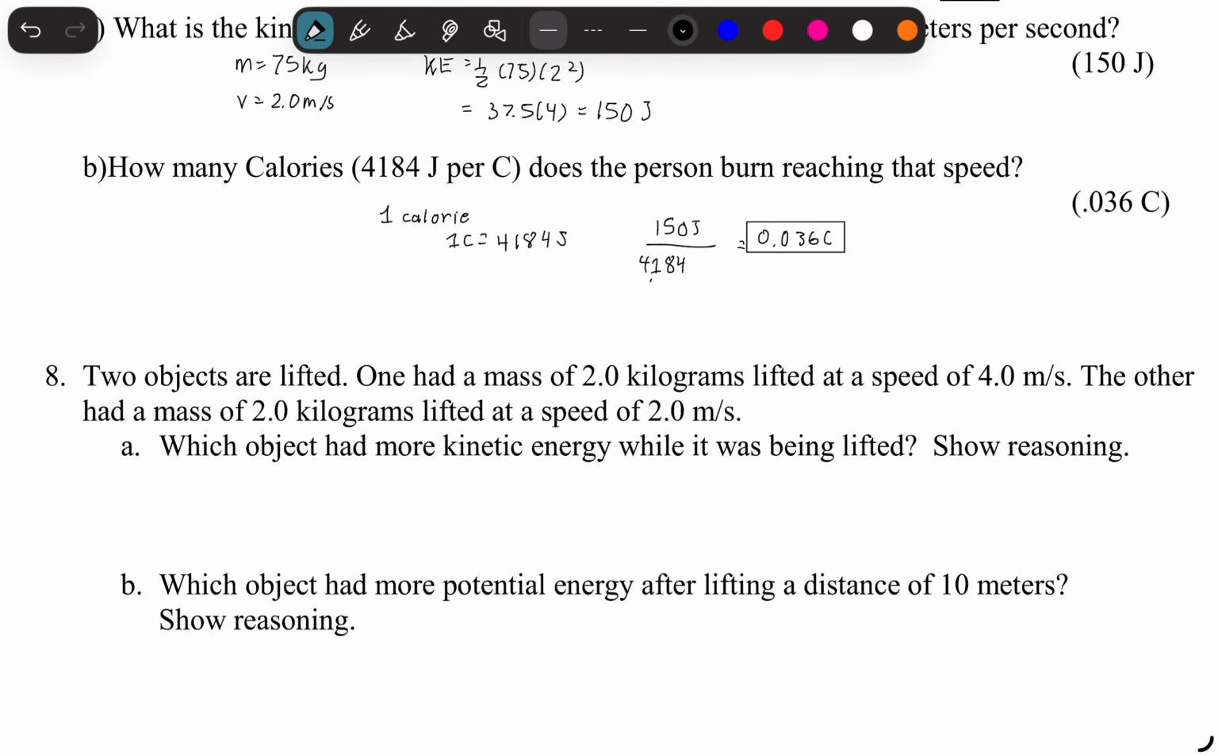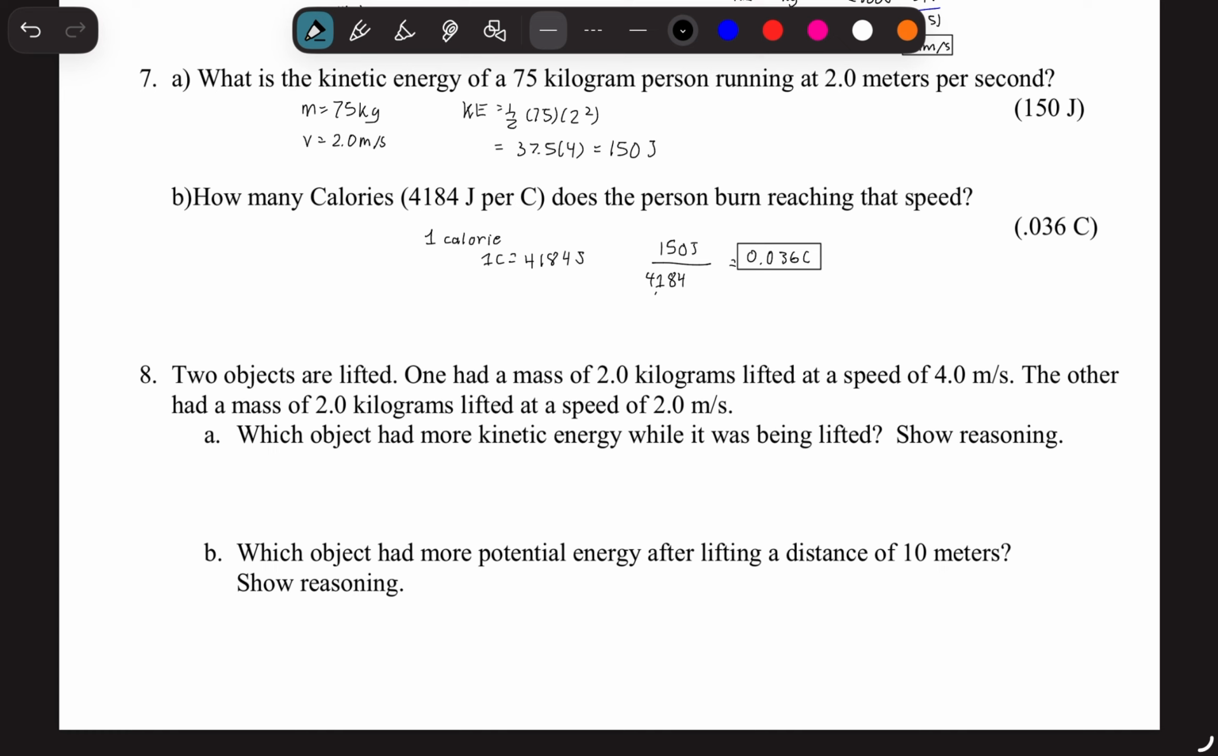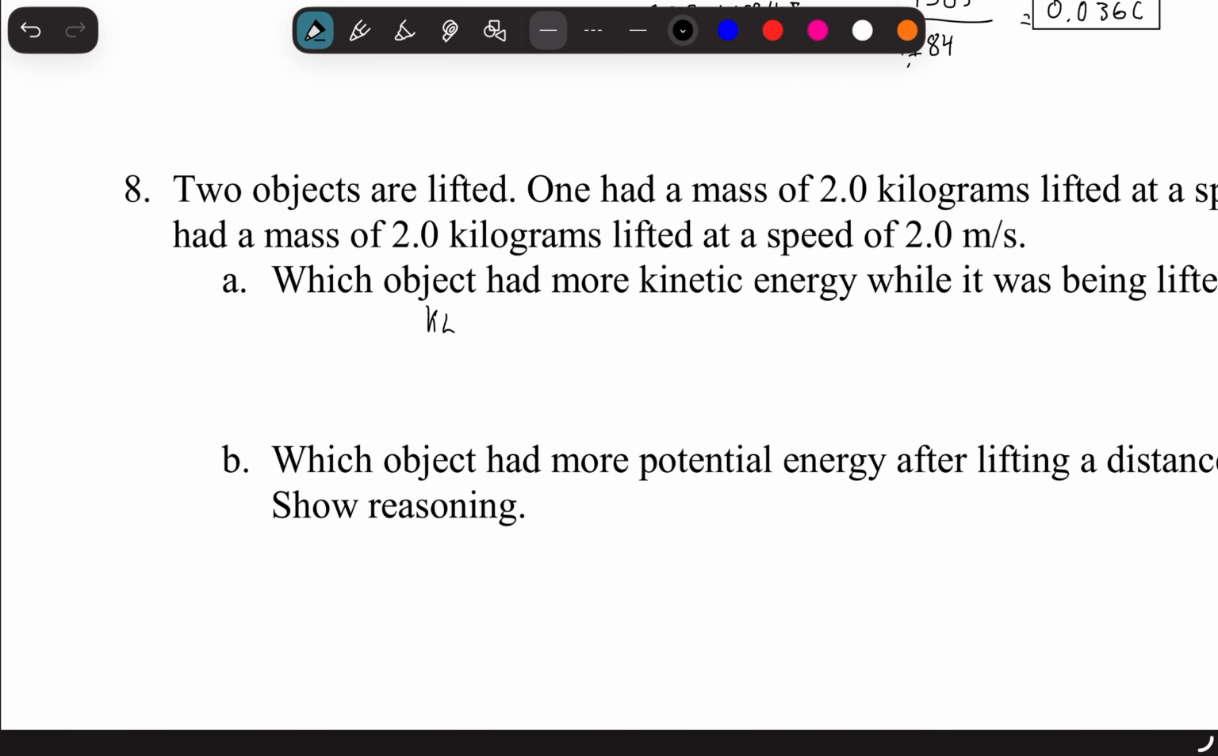Two objects are lifted. One has a mass of 2 kilograms lifted at a speed of 4 meters per second. The other has a mass of 2 kilograms lifted at a speed of 2 meters per second. Which object had a larger kinetic energy while it was being lifted? And show your reasoning. So we know that kinetic energy is equal to 1/2 of mass times velocity squared. So for the mass that's traveling at 4 meters per second, kinetic energy is going to equal 1/2 times 2 times 16,